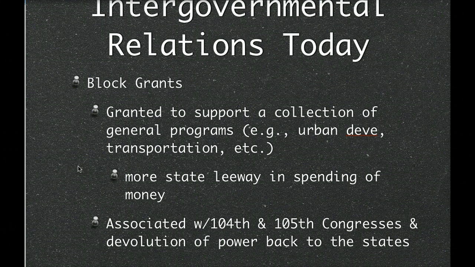Now, block grants consolidate several categorical grants into what we call a single block. And these single block grants are prescribed for broad activities such as social services, health services, public education. Now, this type of grant was promoted by Ronald Reagan in the 1980s. And during the early 1980s, Congress consolidated a number of categorical grants into block grants, and they became very popular with the states. Later presidents have advocated that more consolidation occur, but Congress has been reluctant to do so because Congress likes to keep its hooks into programs that they appropriate money for.